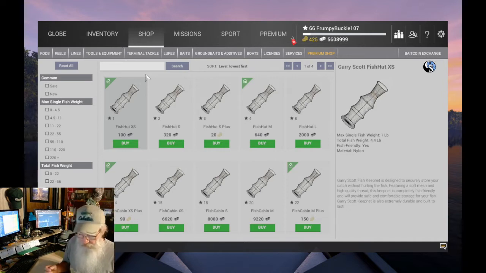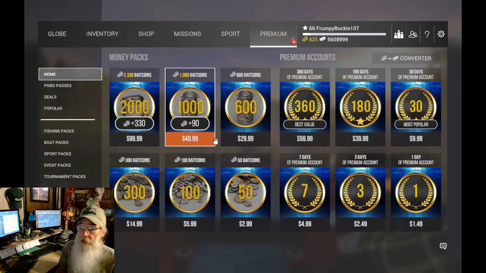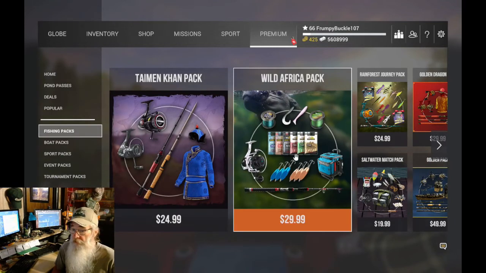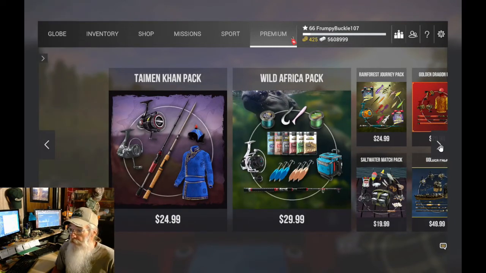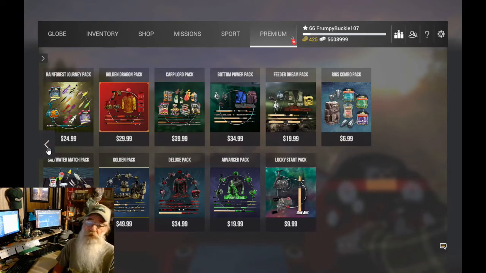Well, that comes with DLCs. Now, almost every DLC package comes with a fish net. And it's a matter of your fishing packs that I'm going to do a video on the DLCs, because doing this video I realized that a lot of guys probably don't know everything that's in these DLCs and what you can get in them and what's actually in there,